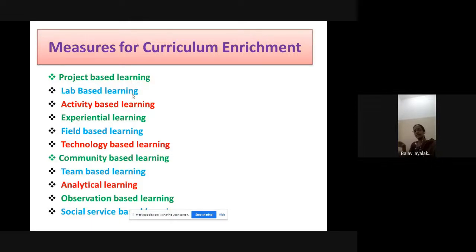Involve themselves in community-based learning, because we need to motivate and mold our students to be more community oriented. They should know their responsibility, how they should be responsible citizens of our country. We need to include and inculcate the values of community-based learning, so that the students can